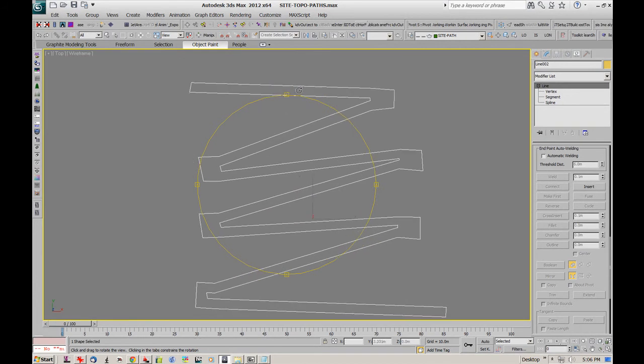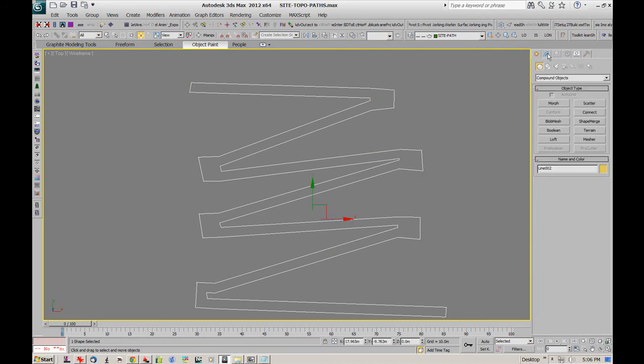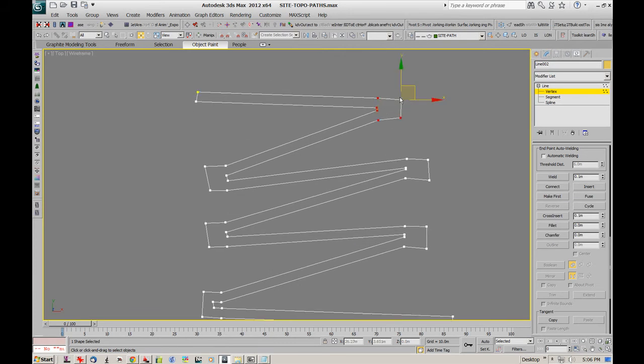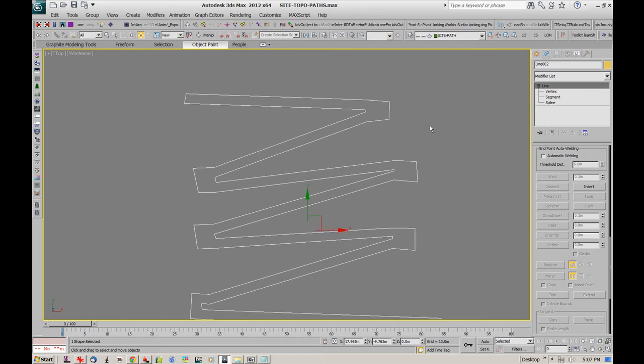Worth noting though, if I go into the sub-object in modify, there's little landings. If you're drawing them in AutoCAD or Rhino or in Max, you click, click, click, so you get a bit of a bend point here. So this landing can all be flat when we move it up,